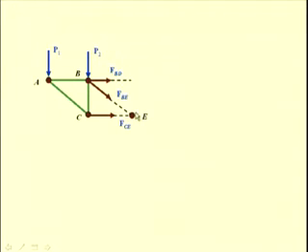Here we can note that the force FBE and the force FCE are concurrent at E because the members BE and CE are connected at this joint E. So, it is convenient, or judicious, to use the moment summation about this point E in order to find the force FBD, because the moments of the forces FBE and FCE will be 0 about this point E.